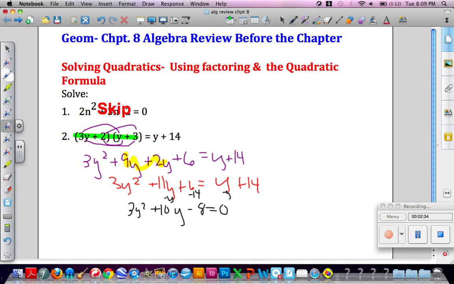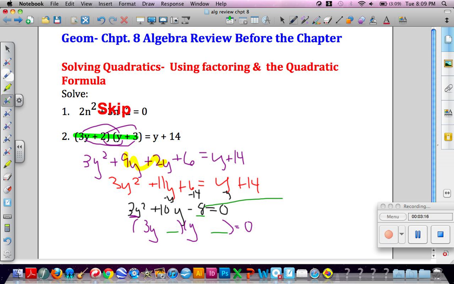Now at this point, people, you know you have to factor it. This is called a quadratic equation because it has a y squared. That's the quadratic term. 10y is called the linear term and minus 8 is called the constant. So right now I'm trying to factor it. I'm going to use the reverse of FOIL. So my firsts actually come from my first term, which is 3y squared. So I'm going to need a 3y and a y to get my first terms. My minus 8 comes from my last